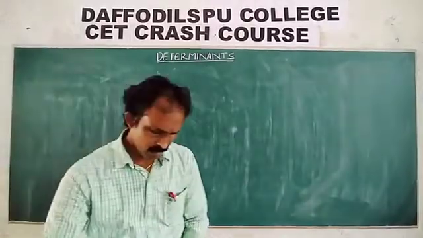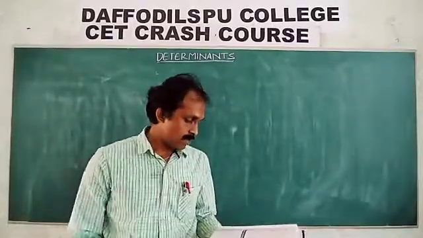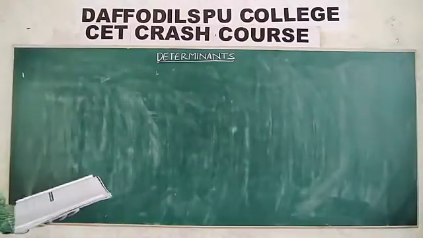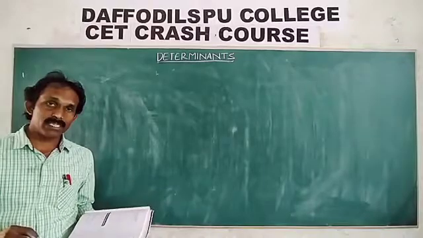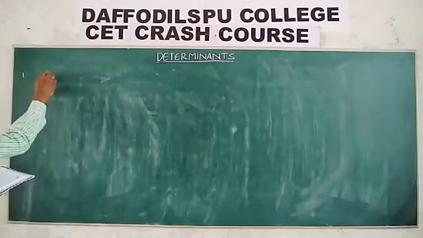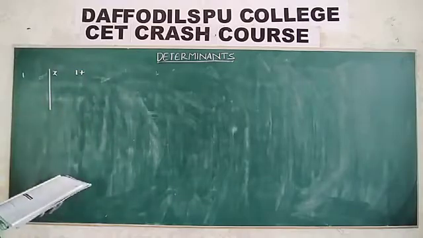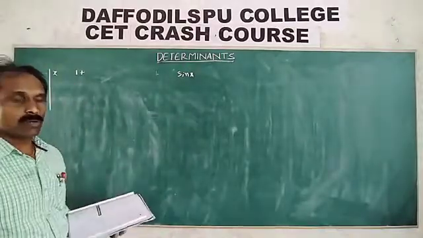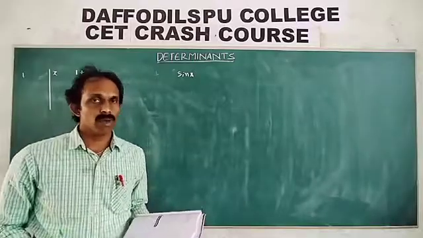Okay, solve these problems. First question: the coefficient of x in f of x, where f of x is the determinant with x, 1, x square. After solving the determinant, they ask for the coefficient of x. In the first case, take x as it is, then 1 plus sin x. These are the expansions. In your limits material book, the formulas are there.